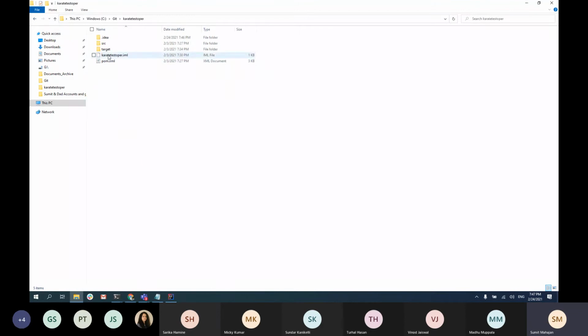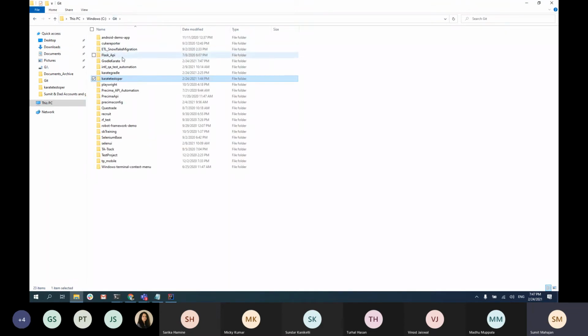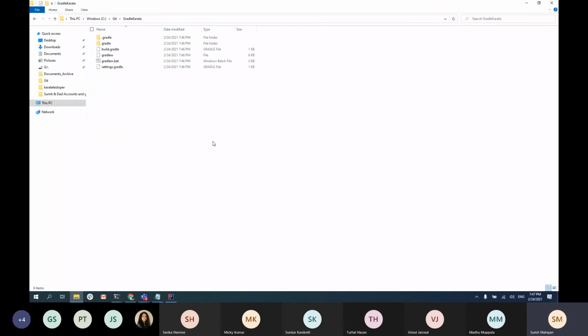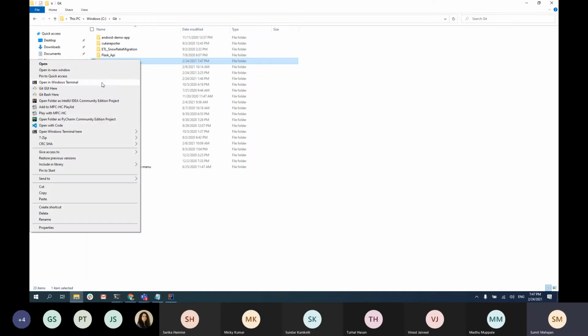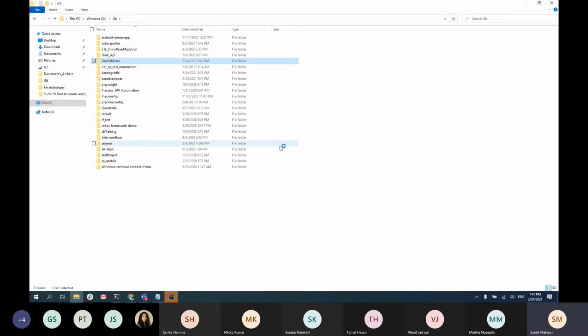The other thing that I need is the source, which is basically my code. And now my Gradle project is ready. I can open this in IntelliJ, in a new window.